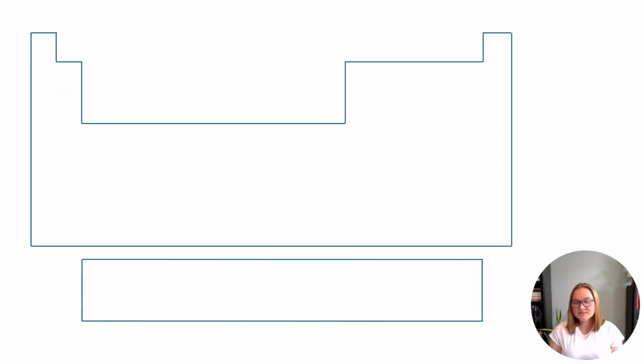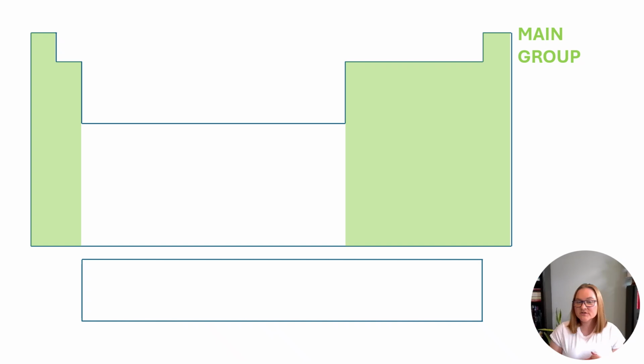The taller columns that we saw earlier numbered with A's comprise what are called the main group elements. These are also often referred to as the representative elements. They include the first 2 columns on the very left and the last 6 columns on the very right of our table. This block includes a lot of the first elements that were classified. The groups in this block do what groups are supposed to do, exhibit very similar and predictable properties to the other members of the group. The overwhelming majority of the chemistry that we discuss in this course and in 117 will involve the main group